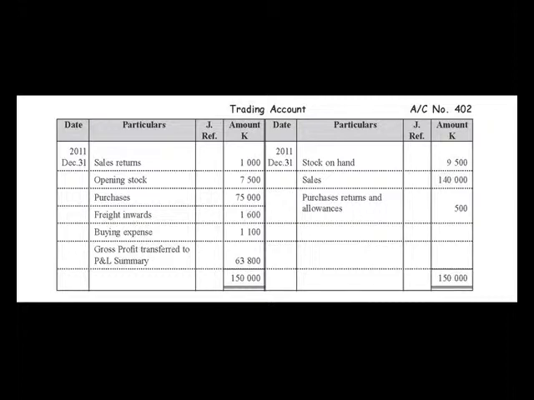In the ledger, you can see the double entries very clearly. Here, trading account 140,000, sales debit, credit, trading account. Similarly, you can check the other double entries as well. Okay, then let's look at